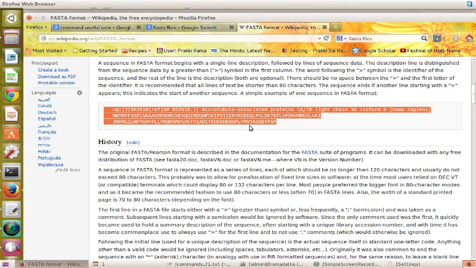Hi, in this video I am going to speak about some of the basic commands which are used in bioinformatics when you deal with large sequence files, especially in formats like fasta and fastq files. So it's very useful to know the